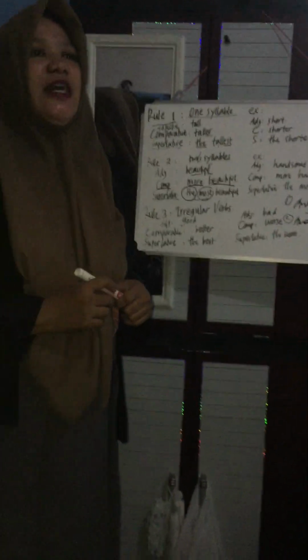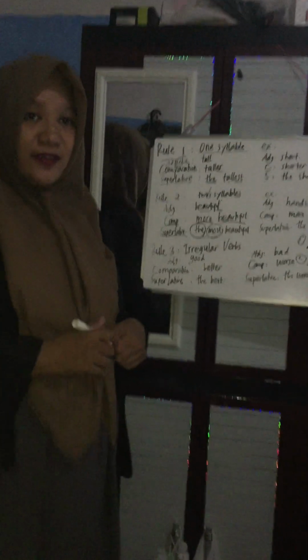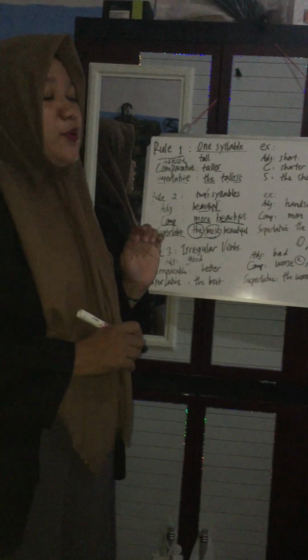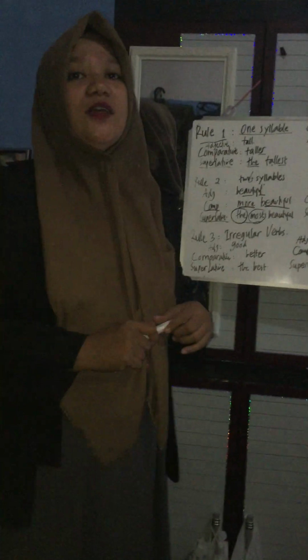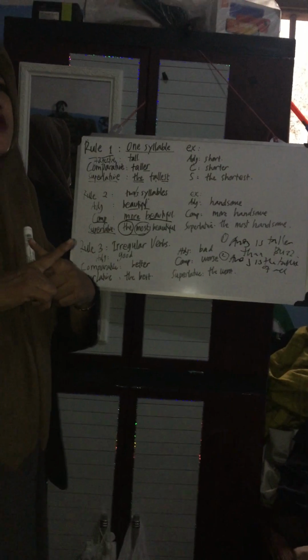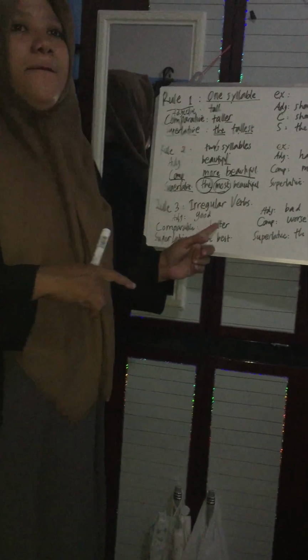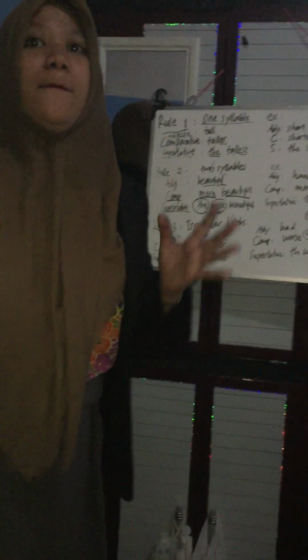Rule number 3, John, can you read rule number 3, please? Irregular adjectives. That's good. So you cannot use rule number 1 and number 2. It's different. For example, the adjective is good. I want you to remember, for the comparative of good, you cannot say plus ER like rule number 1. Don't say gooder. There is no such word. You have to say better. Okay, for the comparative form of good, you have to say better. Can you repeat? Better.